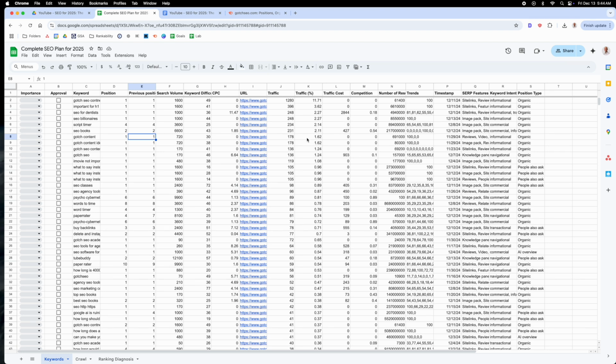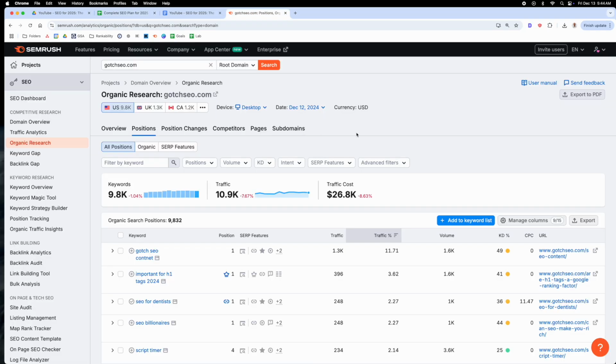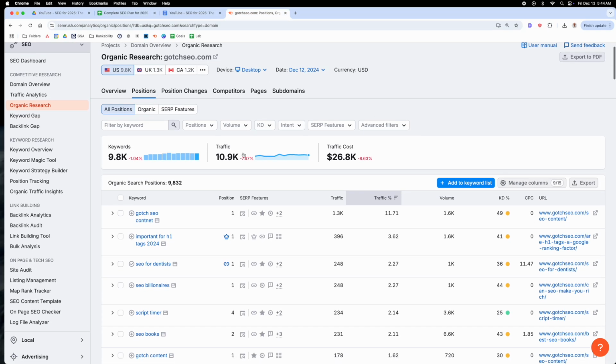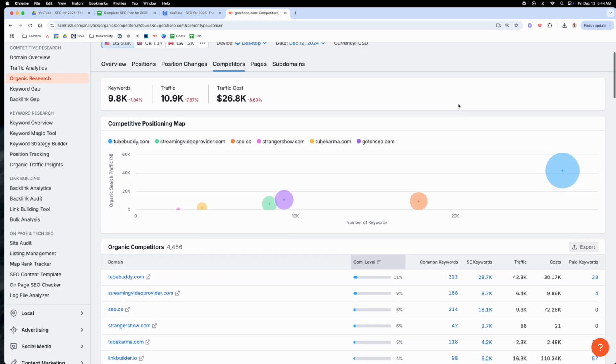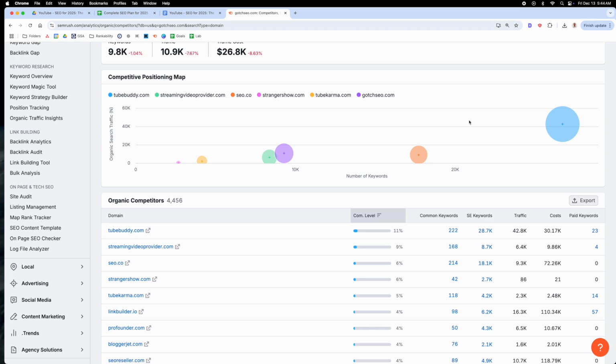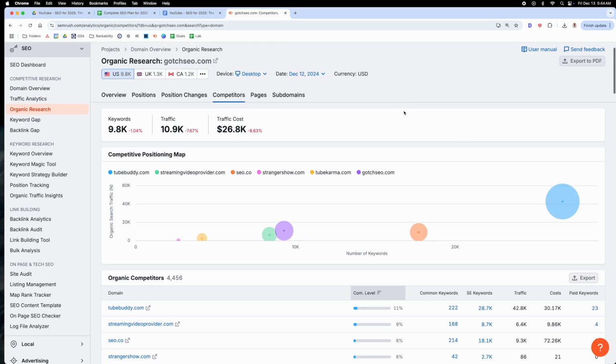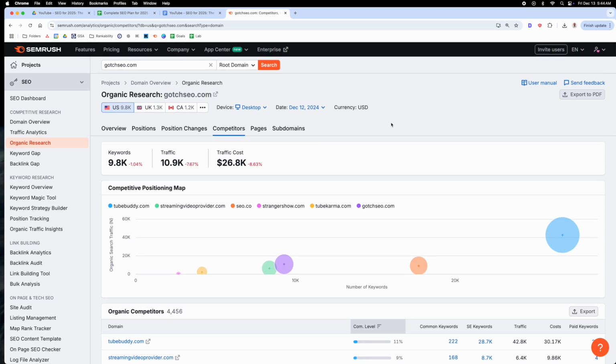But the next thing I want to do is actually do one more keyword research process, which is doing a keyword gap analysis. So you can actually click on the competitors tab, and sometimes this is accurate for finding your true competitors, but sometimes, like in the case of my website, I'm ranking for a lot of YouTube related stuff as well. So, these are not really my direct competitors. So you may have to do some additional research, but once you know who your competitors are, go to the